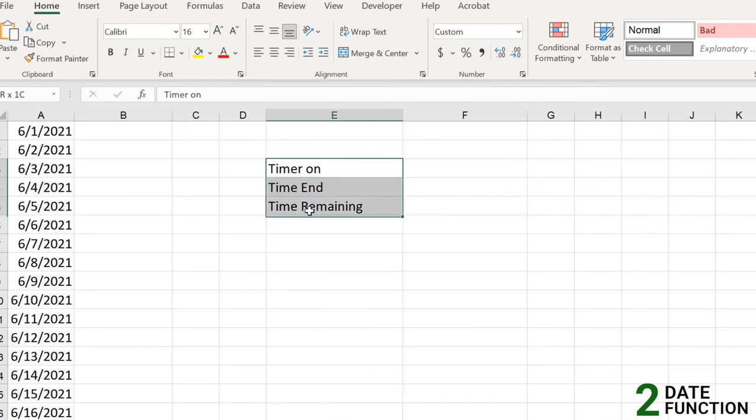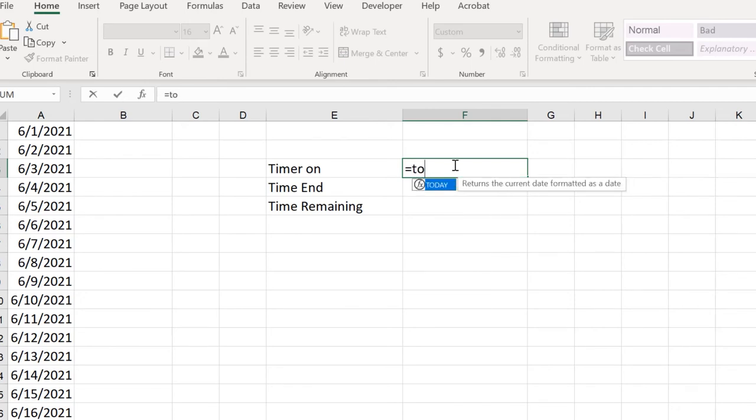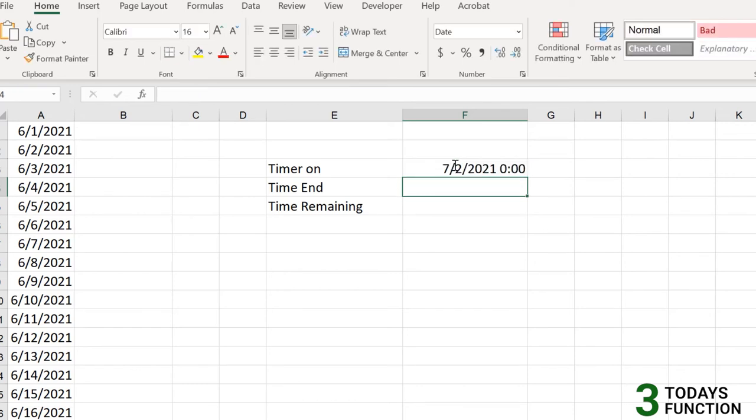So here we have three things: a timer on, timer end, and time remaining. Let's say timer on will be our today's date. To input today's date, you just need to add the TODAY formula here. Just close it down, you don't need to select any cell references, and it gives us today's date